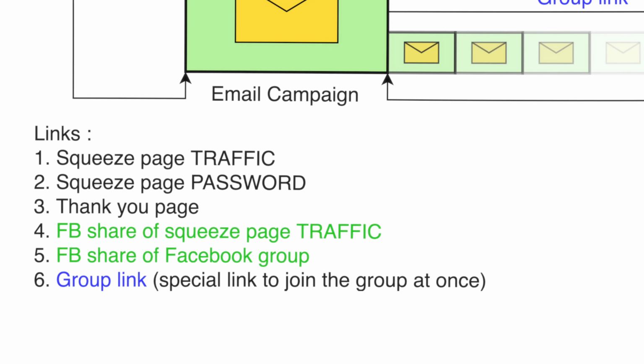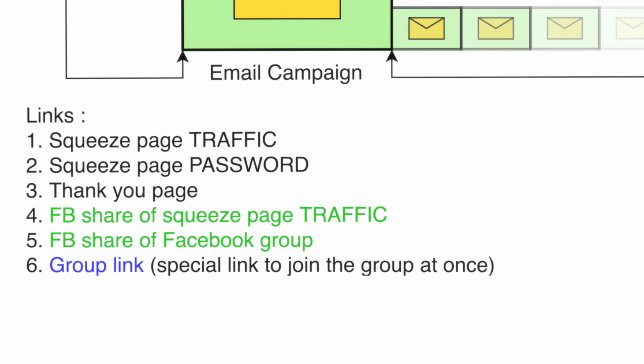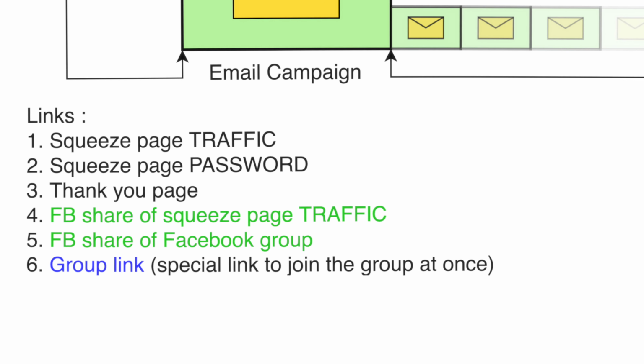But this link is a special link that will optimize this system, because all people who click on it will join the group for sure, 99% of the time, which is not the case if you send people to your group homepage. We know how it works.